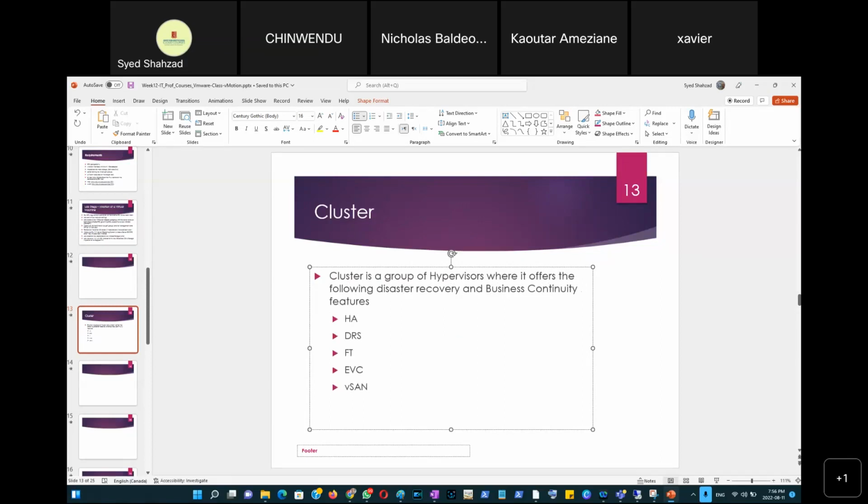So those are the features that are disaster recovery related and business continuity related features. So it's high availability and distributed resource scheduler and fault tolerance and EVC